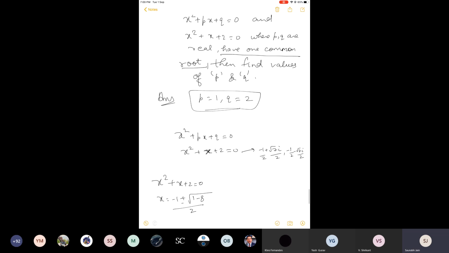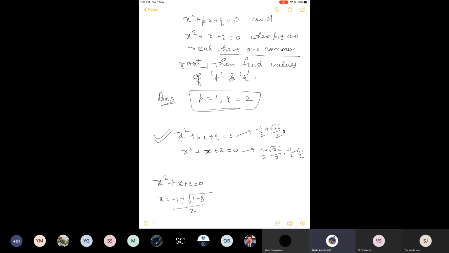Now, in the question, they have given that both the equations have one common root. So let us say this +1 is the common root. Okay, I want to ask you one thing. Let me see if anyone remembers it or not. In the question it is given that there is one common root, and I have selected the +1. Can anyone tell me what will be the second root of the first equation, and the reason?